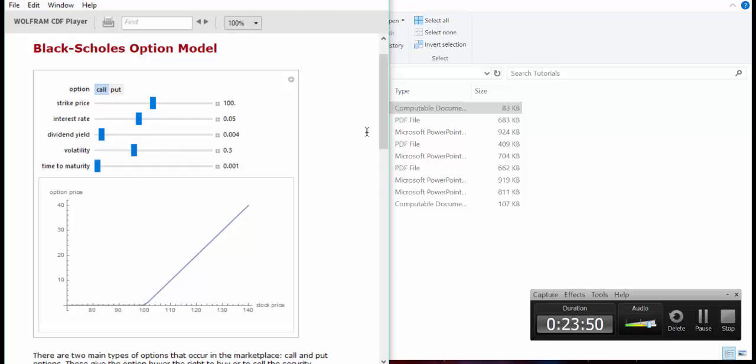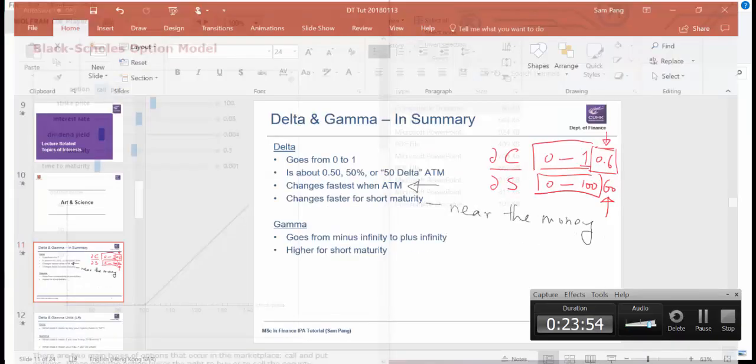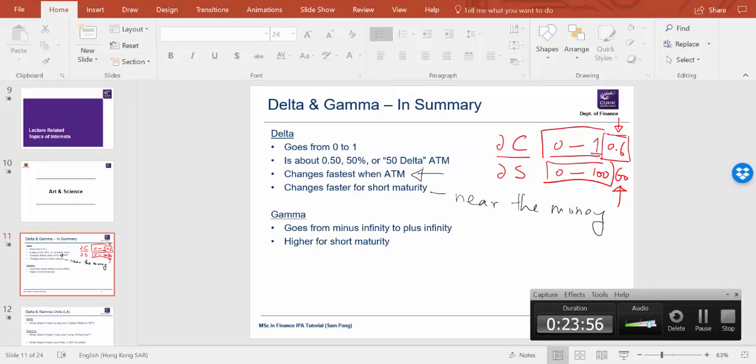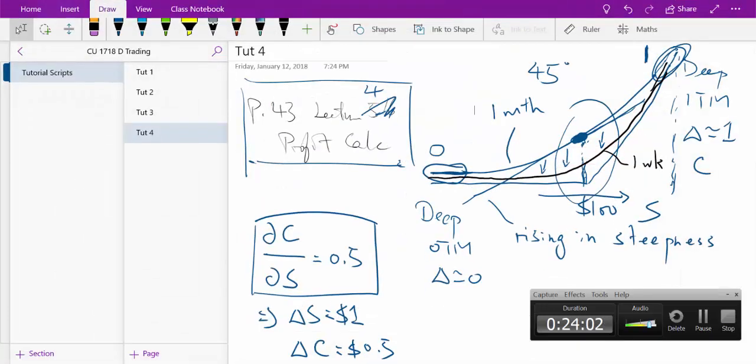So now, what was I saying? So it changes faster for shorter maturity. Now, why is that? Well, it should be quite obvious that if you look at the curvature,